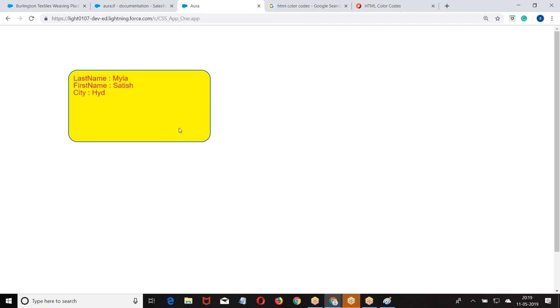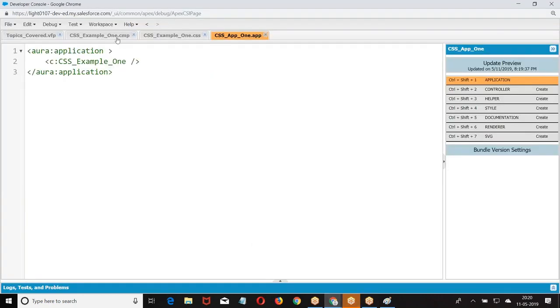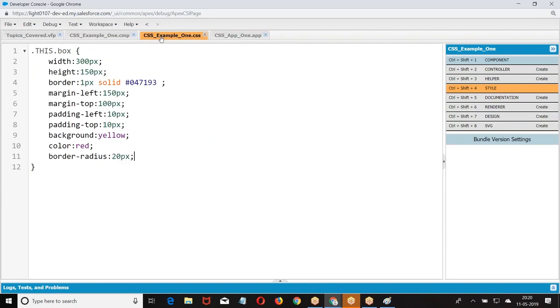Now, I want to create a login page. I told you already, dot this dot. When I say dot this dot, the CSS class refers to the outer element. It will not be applied for inner elements. It is only applied for outer elements. Now I hope basic style is clear. Every component will have its own CSS separately.